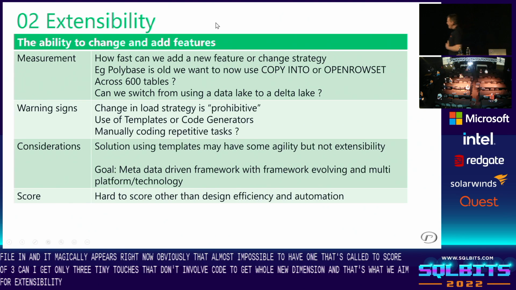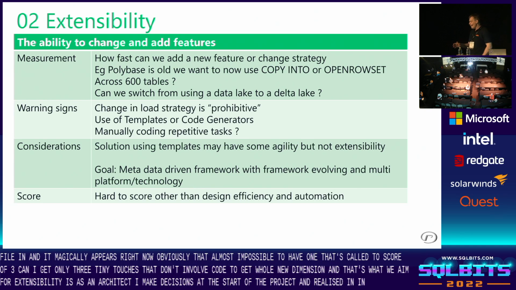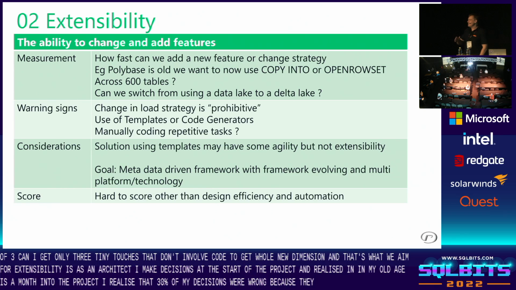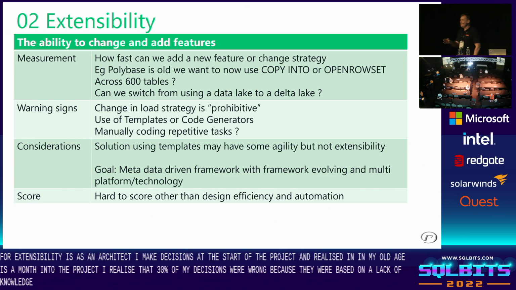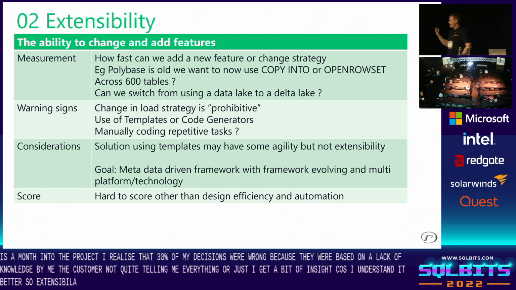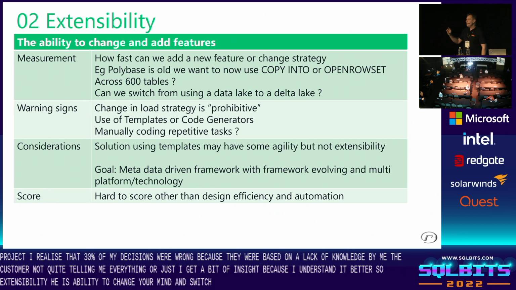Extensibility is, as an architect, I make decisions at the start of the project. And one thing I've realized in my old age is a month into the project, I realized that 30% of my decisions were wrong because they were based on a lack of knowledge by me, the customer not quite telling me everything, or I get a better insight because I understand it better. So extensibility is the ability to change your mind and switch the design midway through the project